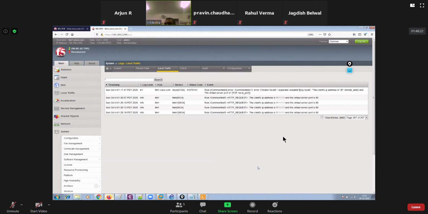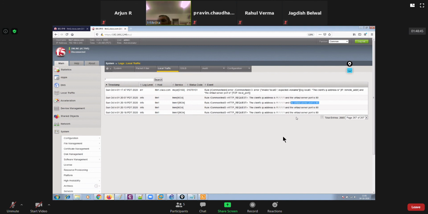Yeah, it is there. Right, guys? Hello? Do you see this syslog message here? Yes. This log message says that the client IP address is 11.1.1 and the virtual server port is 80.